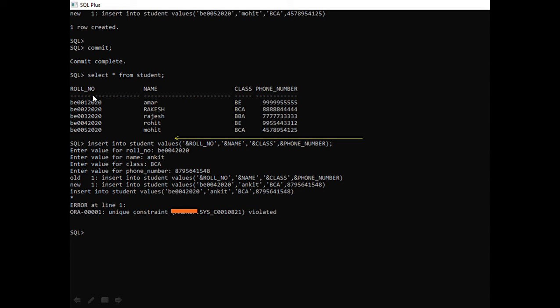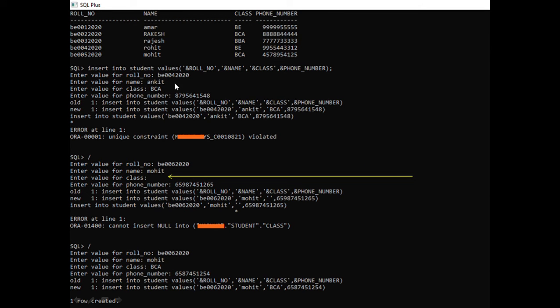You can see here the fourth one, B0042020 for Rohit, class is BCA, phone number is this. I have said earlier the roll number is my primary key, so it cannot have a duplicate value. You cannot repeat the same value twice. That's why it gives me an error message.